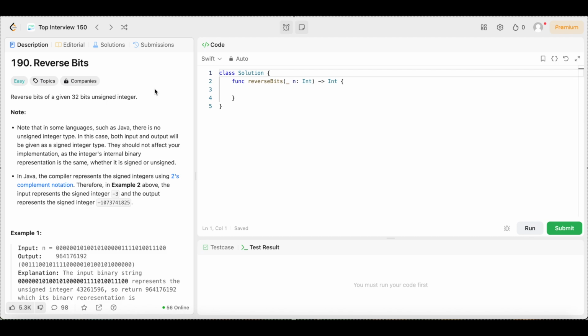All right, y'all, we're back again, another day, another LeetCode problem where we're doing daily LeetCode problems. And today we have question number 190, reverse bits. The difficulty level is easy, so you already know we're going to keep the solution as simple and easy to